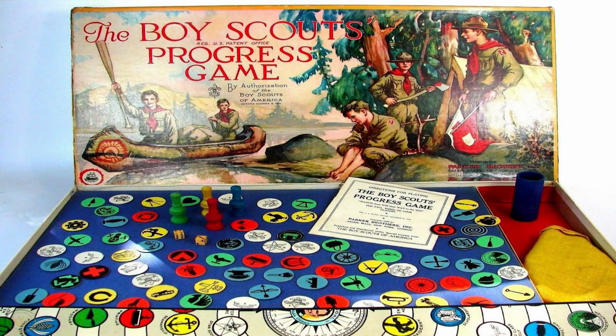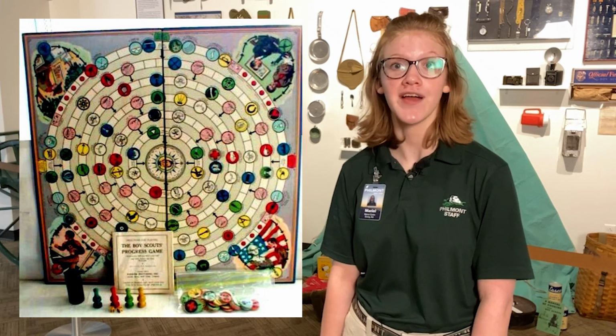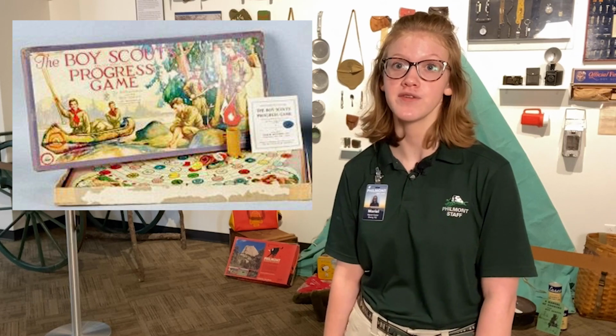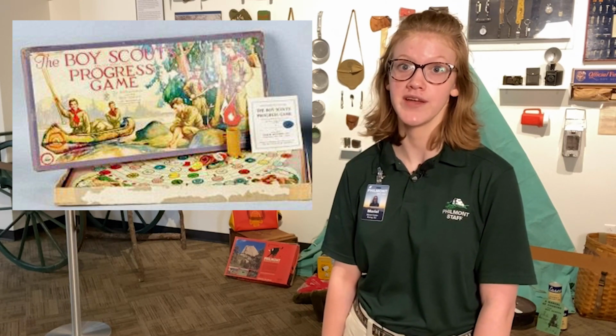In 1926, the Boy Scouts Progress game was released and built on many of the same ideas as the first Boy Scout board game. Players race to the center of the board, collecting merit badges as they go. This game features the rank of Eagle Scout and continued to impress the importance of Scouting skills on players, even